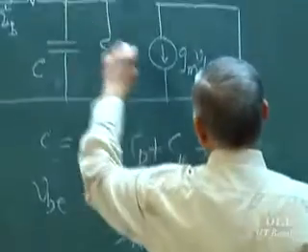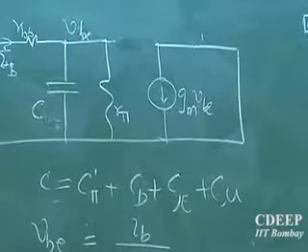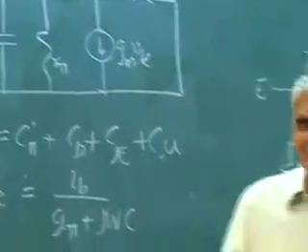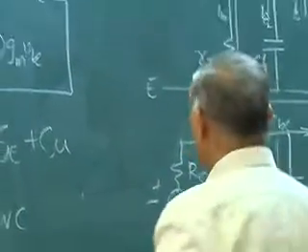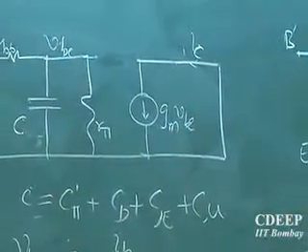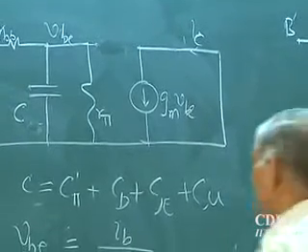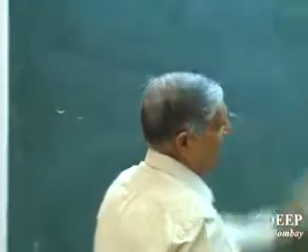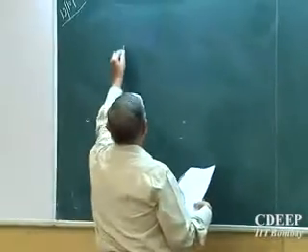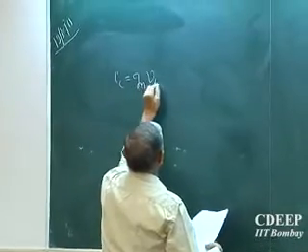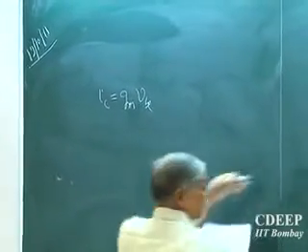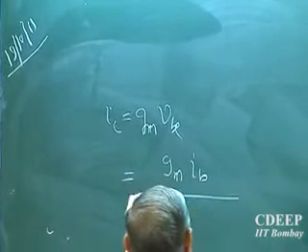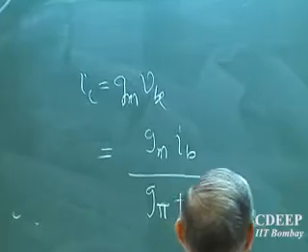अब यदि मुझे ये VB पता लग गया तो ये करंट तो पता लगेगा ना, GM VB। ओके, but what is GM VB essentially is the output current. GM VB is the output current, nothing but IC. Is that correct? It's the collector current. तो अभी मैं थोड़ा सा और सिंपल मैथ्स करता हूँ। IC is GM VB, okay, but VB I have just calculated GM times IB divided by G pi plus J omega C।